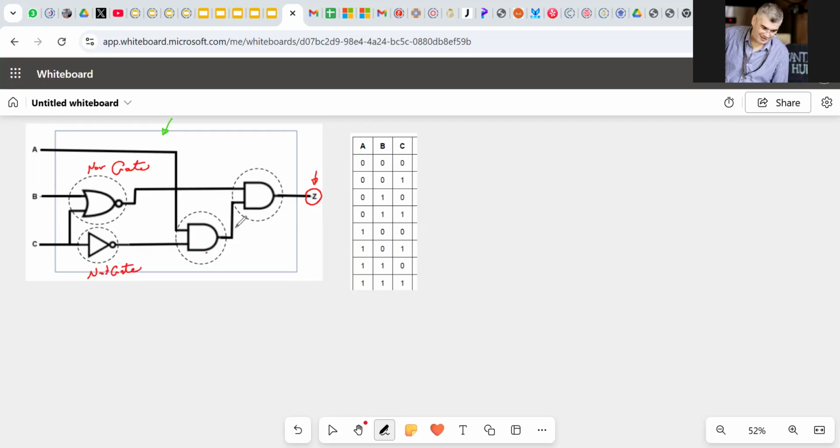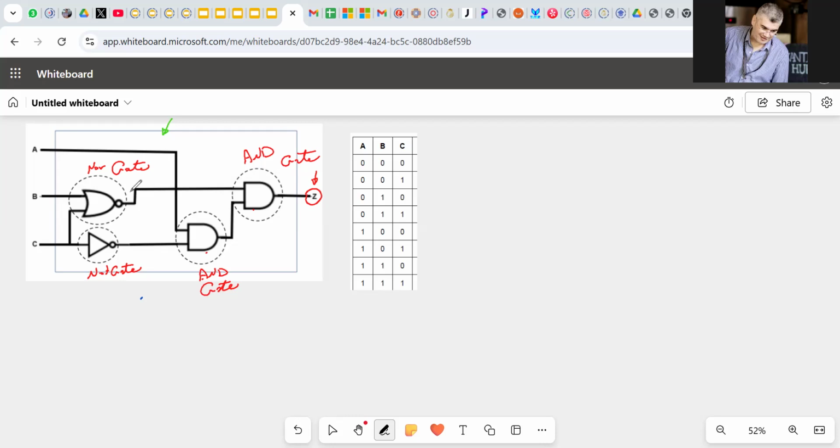This is two AND gates. I saw that there are many people who get confused by this kind of setup. So what we need to do to reach a truth table for the Z,